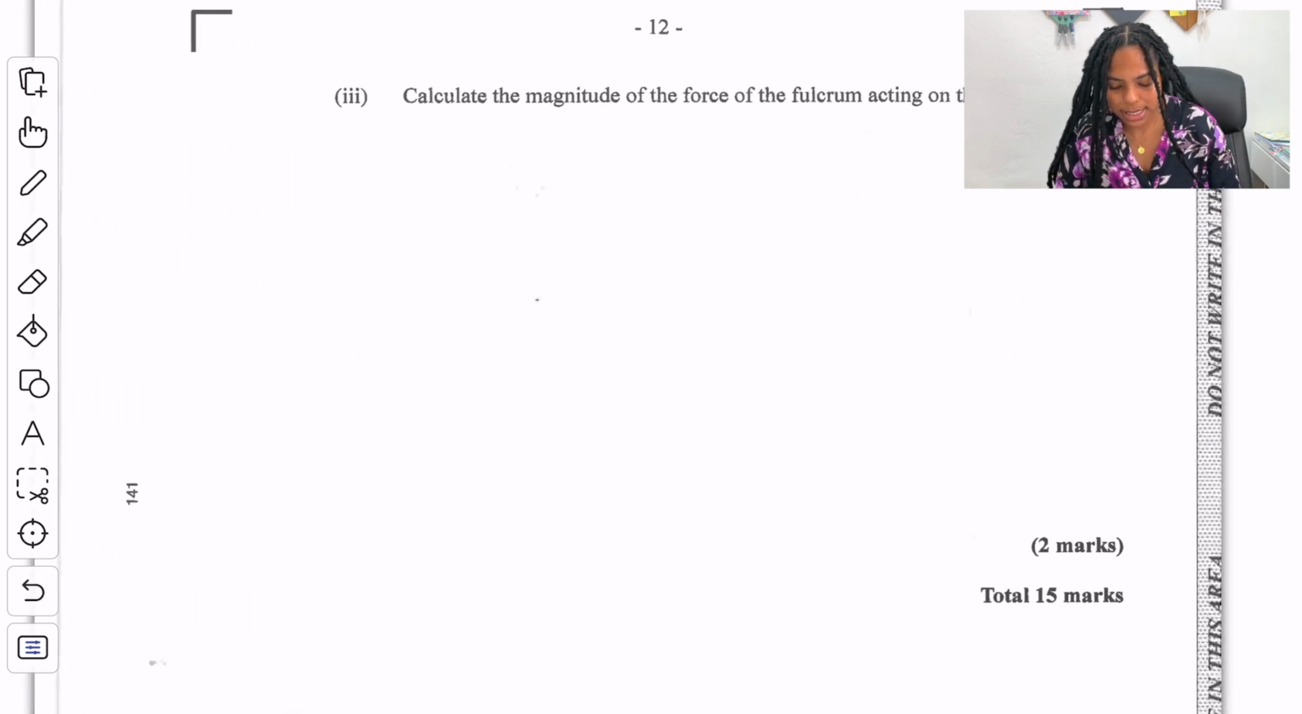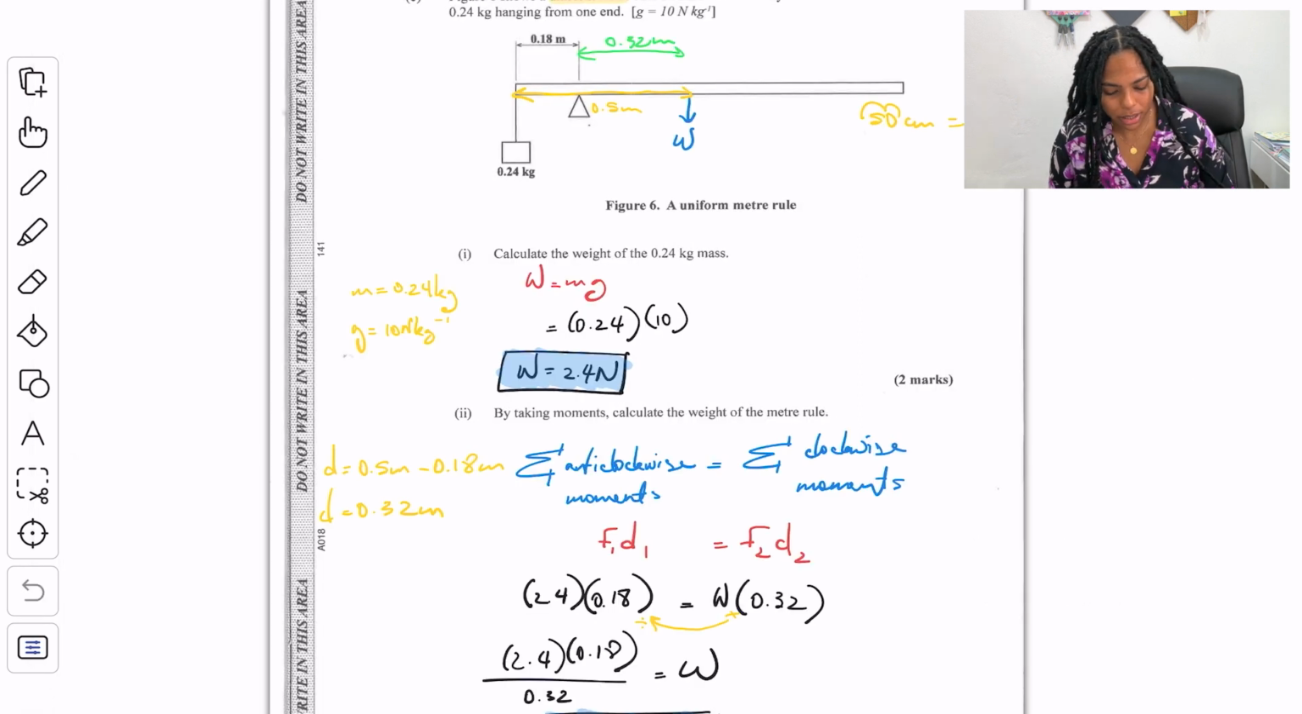Part 3 says calculate the magnitude of the force of the fulcrum acting on the meter rule. So our default is once they bring a few parts that relate to moments, one part is going to use the principle of moments and the other part is going to use the other condition that must be satisfied for a body to be in equilibrium, which is the sum of the resultant forces is 0, or the resultant of all of the forces acting on a body is 0. Or the nice easy way I like to remember it, sum of upward forces is equal to sum of downward forces. So if I copy that diagram over here,